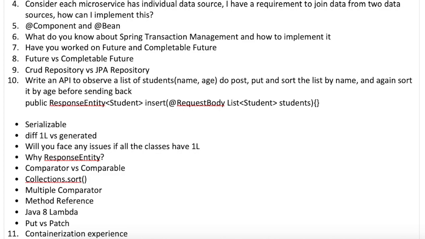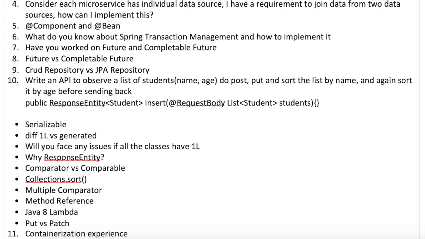Then you can talk about CompletableFuture. First talk about the disadvantage of Future. Future is not exactly completely asynchronous. There is a wait when you do a .get on a Future. Obviously there's a wait. CompletableFuture overcomes this and becomes completely asynchronous. When you use a CompletableFuture, it can be explicitly completed by calling the complete method without any blocking wait.